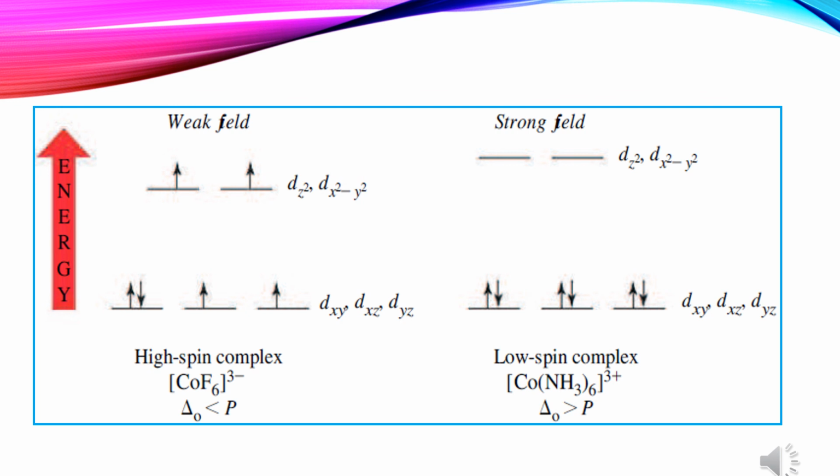Compounds in which all of the electrons are paired are diamagnetic. They are repelled by both poles of a magnet. Compounds that contain one or more unpaired electrons are paramagnetic. They are attracted to the poles of a magnet. The force of attraction between paramagnetic complexes and a magnetic field is proportional to the number of unpaired electrons in the complex. We can therefore determine whether a complex is high spin or low spin by measuring the strength of the interaction between the complex and a magnetic field.